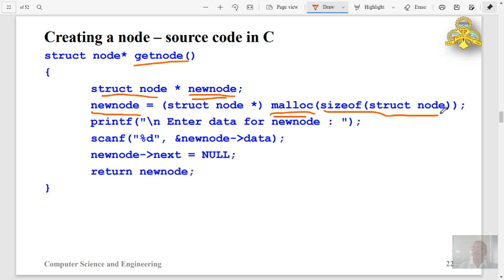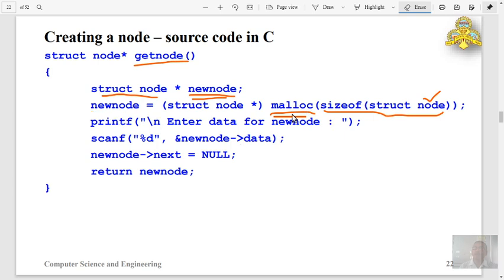Since the struct node definition, even though it is the same, the amount of memory required for that node may be different in different operating systems and different compilers. Hence I will go for sizeof operator to identify the actual memory requirement for struct node, and that amount of memory is allocated by using malloc.